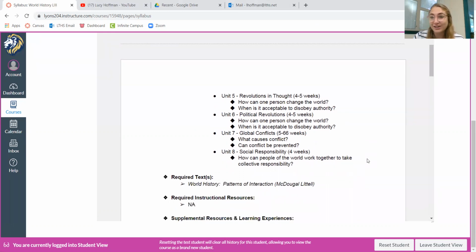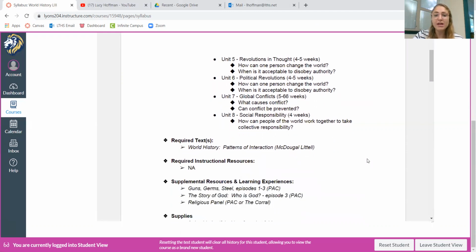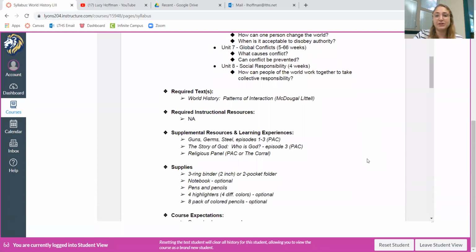The required text is our textbook. I'm trying to provide digital versions of readings when we use them so that it's easier to access instead of lugging around that textbook. And just some supplemental learning experiences we might have. We watch a lot of videos and we use a lot of actual primary sources in order to do some meaningful learning. In terms of other supplies, as you can see, we're all virtual, so it's not totally required that